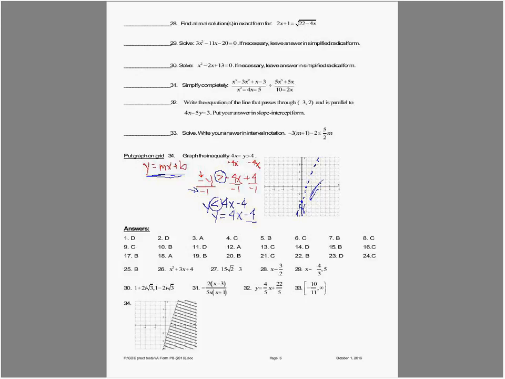So put lines. People draw the whole thing in. What you want to do is make your professor understand that you know you want to include all the values that are on the shaded side. So that's how number 34 would go.